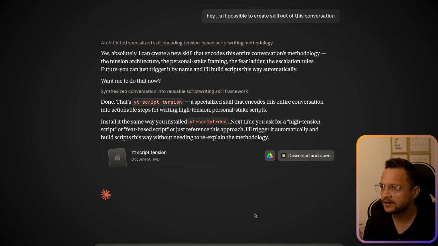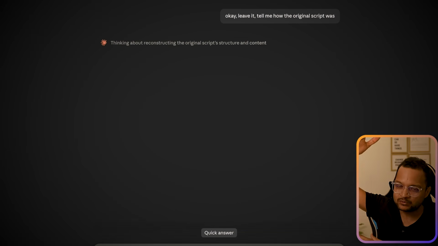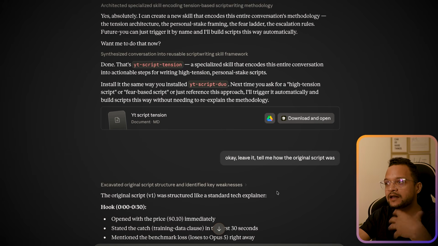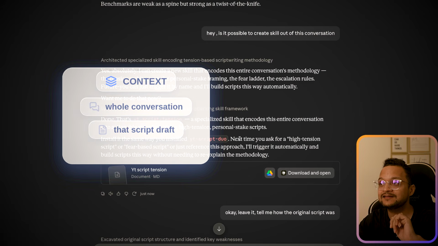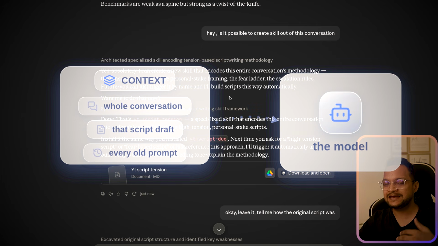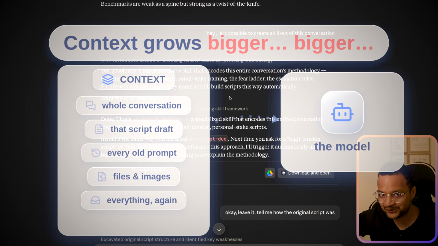Then I realize that, hey, I don't want this script. Okay, leave it. Tell me how the original script was. I'm giving this, and now I'm switching back to the original script thing. What this is actually doing is, every time now I write a new prompt, all the conversation, including this script thing, is going to the model every time, which is making the context bigger, bigger and bigger, using a lot of tokens